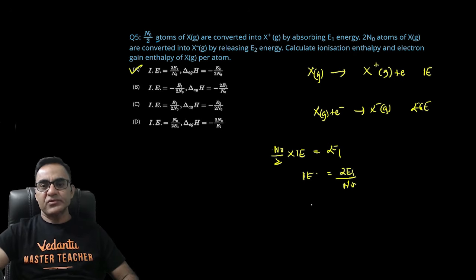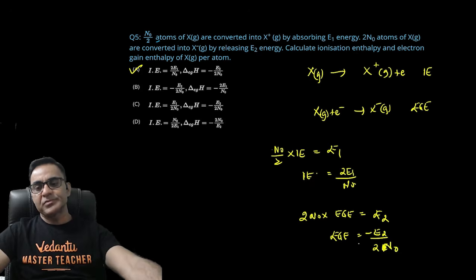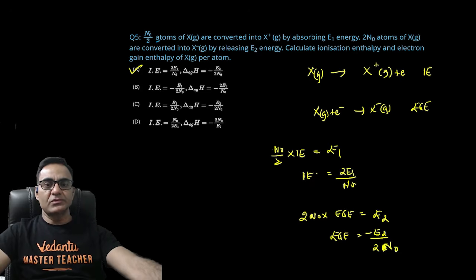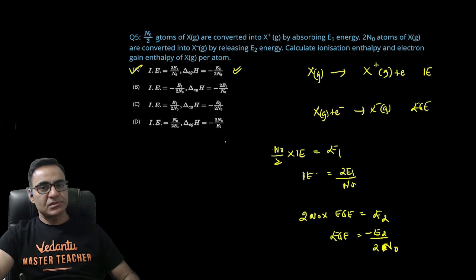बट फिर भी मुझे दूसरा डेटा भी जस्टिफाई करना है। अगर 2n0 एटम X के लिए इलेक्ट्रॉन गेन एंथैल्पी में सिंपली लिख दिया, और इससे टोटल एनर्जी E2 रिलीज होती है, तो इलेक्ट्रॉन गेन एंथैल्पी इज इक्वल टू E2 डिवाइडेड बाई 2n0। और क्योंकि ये रिलीज्ड एनर्जी होती है, इसलिए मैं इसमें एक नेगेटिव साइन और लगा दूंगा। ऑलराइट, तो देखो किससे आंसर मैच कर रहा है, मैच कर रहा है। इट इज गोइंग टू बी ए आंसर विच इज करेक्टली मैचिंग। ऑलराइट,